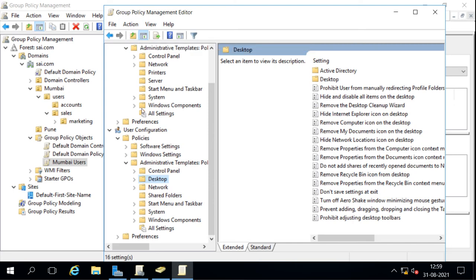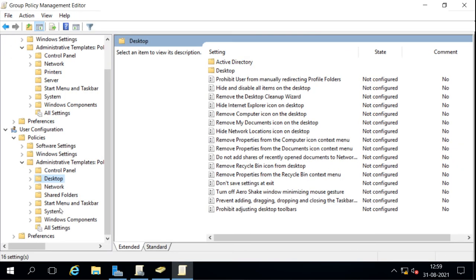computers are not moving. So if you want to apply some policy, you have to first decide what you want to do, and based on that you go and search the policy, whether any policy is there or not, which I want to do. There are lots of policies here, so we have to decide what we want to do, and based on that we will find the policy. So suppose I want to do something for the desktop, so I'm going to configure the user's desktop. So I will go to user configuration, administrative templates.